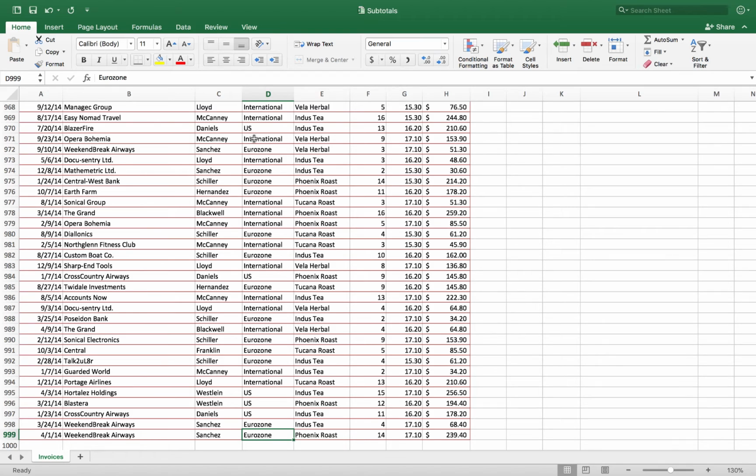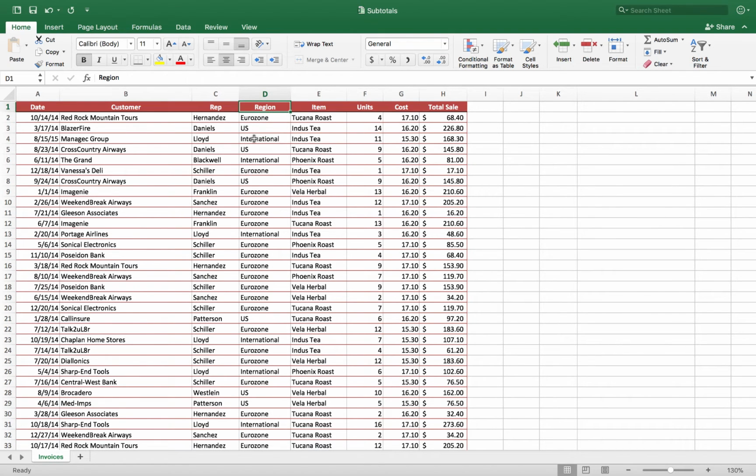So when I get a new spreadsheet that somebody else has created, one of the first things I want to know is how much stuff is in this spreadsheet, and I'll click somewhere in the list and press the control down arrow or the command down arrow to quickly move to the last row here. And then if I want to move back up to the top of the range, I'm going to hold the command key and press the up arrow, and that jumps me back up to the top. So I've got the 999 rows of information here, and I'm trying to get a handle on the big picture here. So I would like to know, for example, what my total sales are by region.